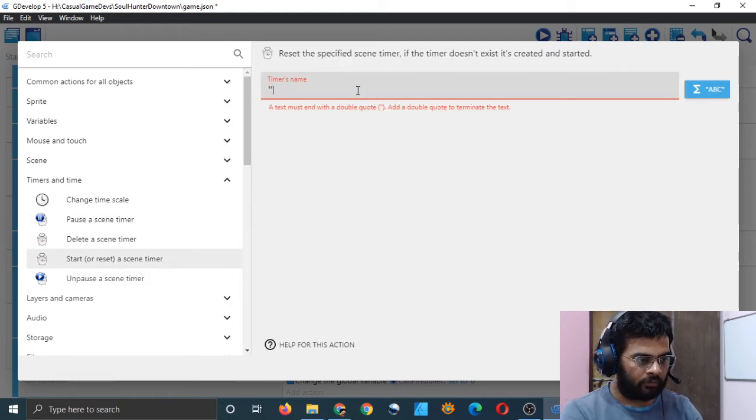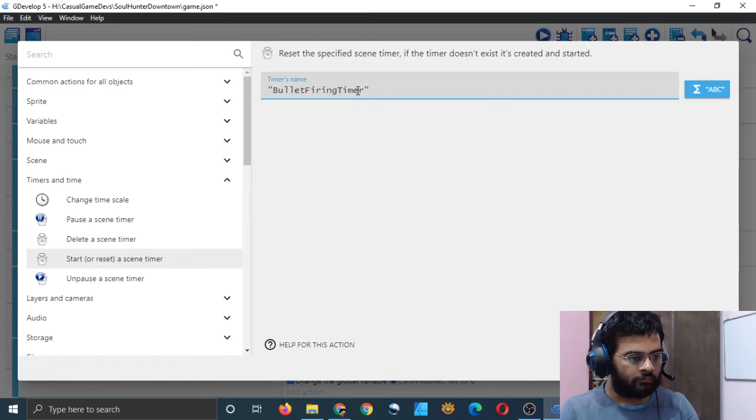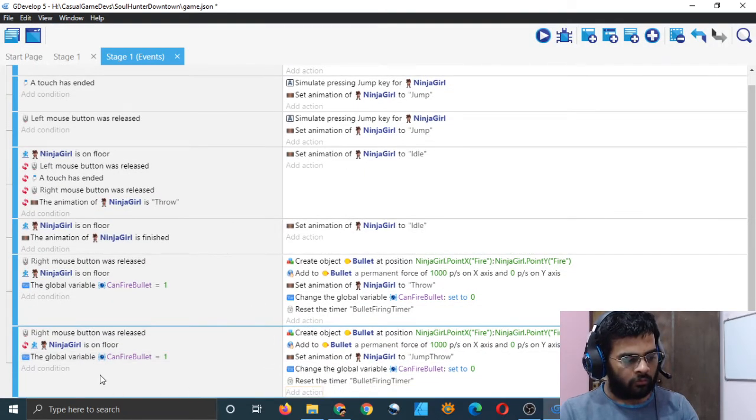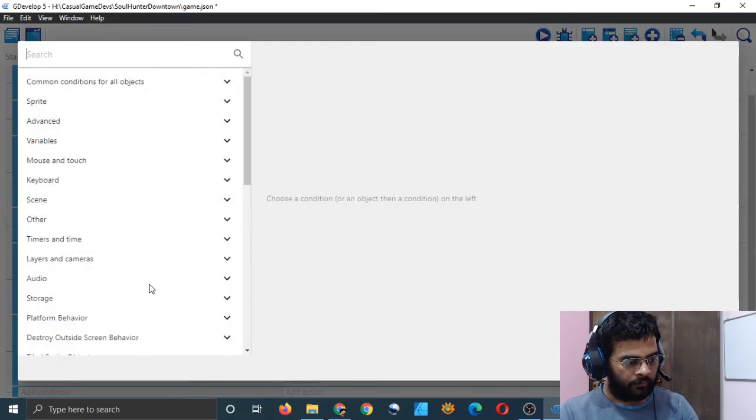The same one. Bullet firing. Now the timer has started. So another condition we will add, another event, and that will be I will check how long the timer has been running.